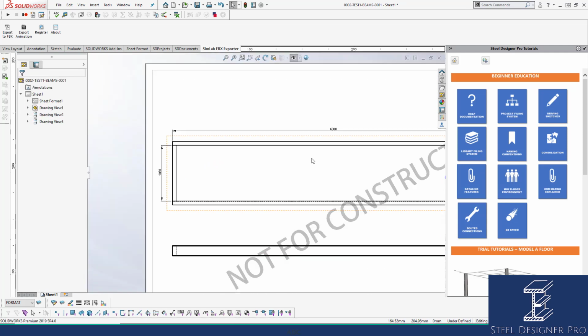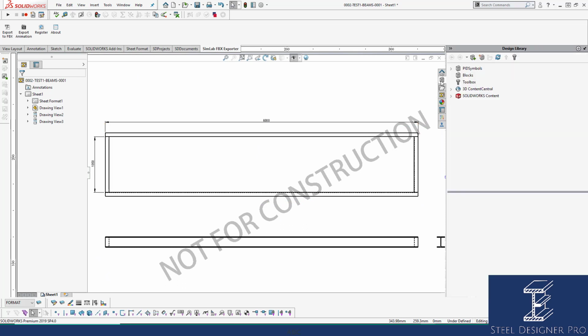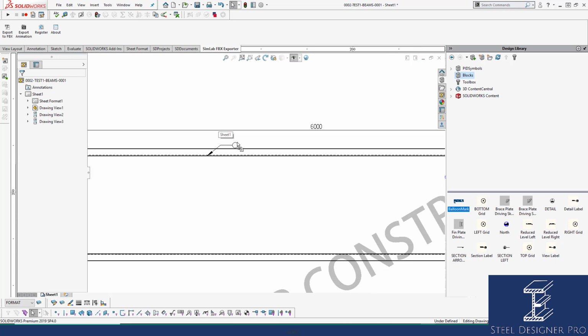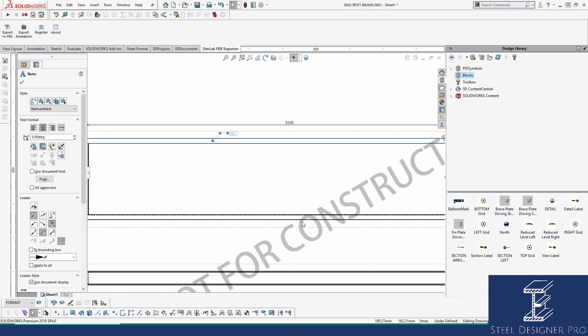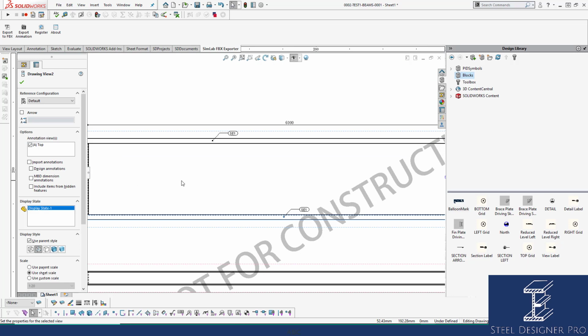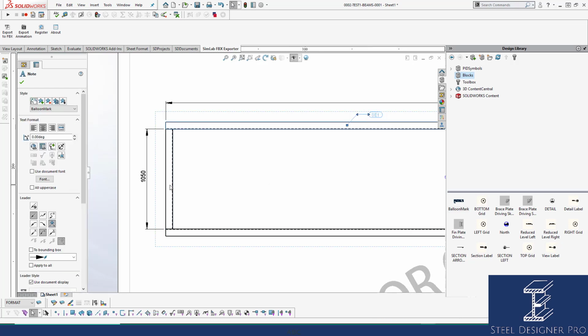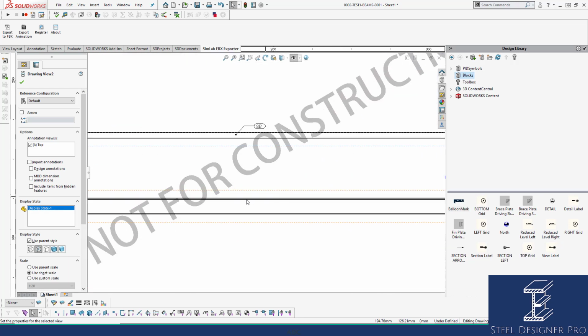You can see here now, if you've set up the blocks and you've pointed the blocks to the library, when you go up to the design library, you should have set up the blocks in the library so that you can come straight to them. There's a balloon mark that I've added which allows me to attach a balloon which picks up the mark in the section. This is not the mark that we're going to use when we consolidate, but it's a mark and it's not the right mark. So I'm just copying and pasting it. If I can copy and paste, there we go, and likewise here,